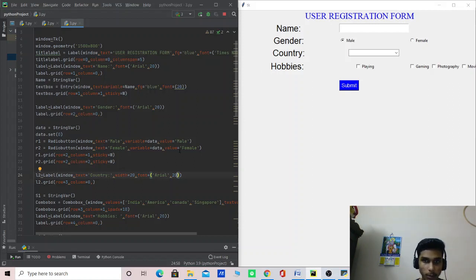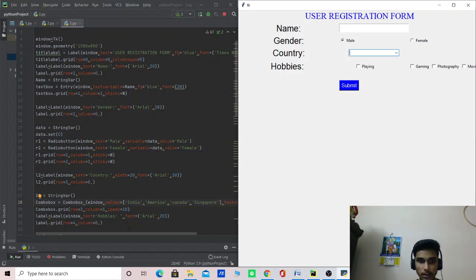And we are using a combo box because in it we can see India, America, Canada and Singapore. Everything will be under this, so we are giving the combo box here to select whichever place we need. We are giving some countries, namely India, America, Canada, and Singapore, to be presented in the combo box. Now we can give the combo box grid to place the combo box here.